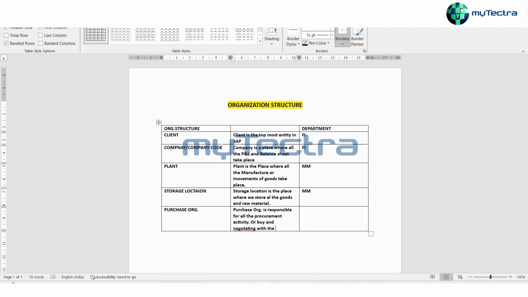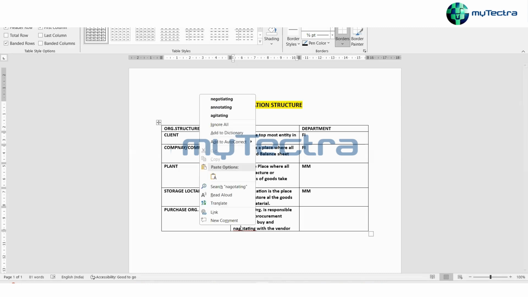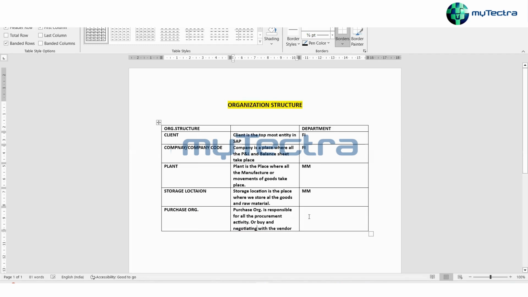They sit with the vendor, talk with the vendor, do the price negotiation, and do all the procurement part. This also comes under SAP. So this is the organizational structure which we have in SAP.